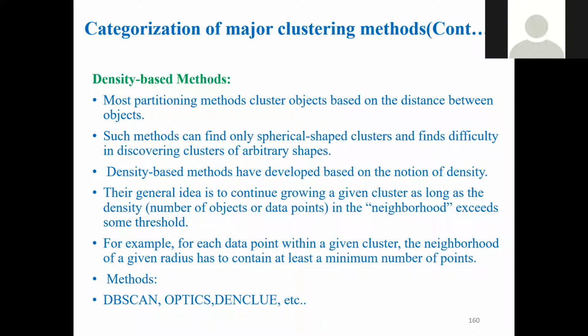Most populated area, ma'am. That means there should be more items in that region, then we call it density. If there are more items, there is more density. I don't know how it's called in English. In Telugu, we can use the word samdrata. The direct English meaning is density itself. Thickness, we can say. Density in the sense of thickness.